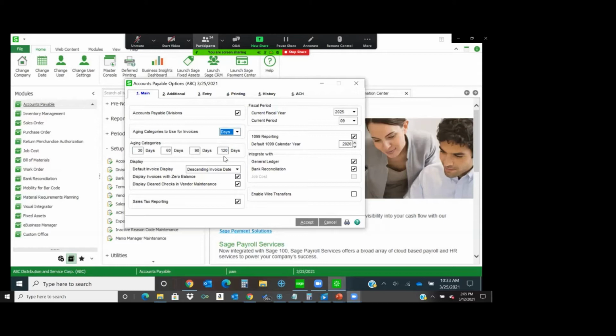The other thing that we're going to talk about in a couple of minutes is tracking 1099 information. The important thing to know is you can track 1099 information in your Sage 100. There's no reason that you have to do it manually outside of Sage. There's no reason that you should ever have to purchase additional software to manage your 1099s. It all can be done within Sage. The first step to tracking 1099 history is to have this box checked. If this isn't checked, then it assumes you don't want to track the history,